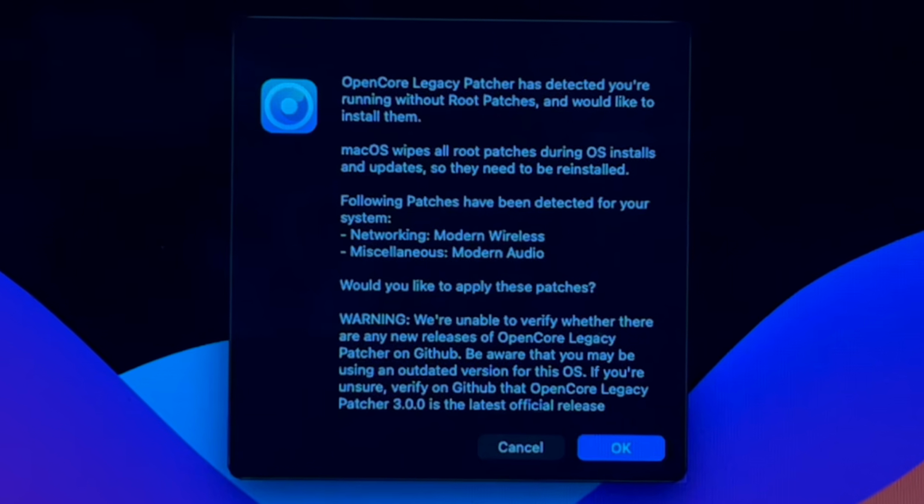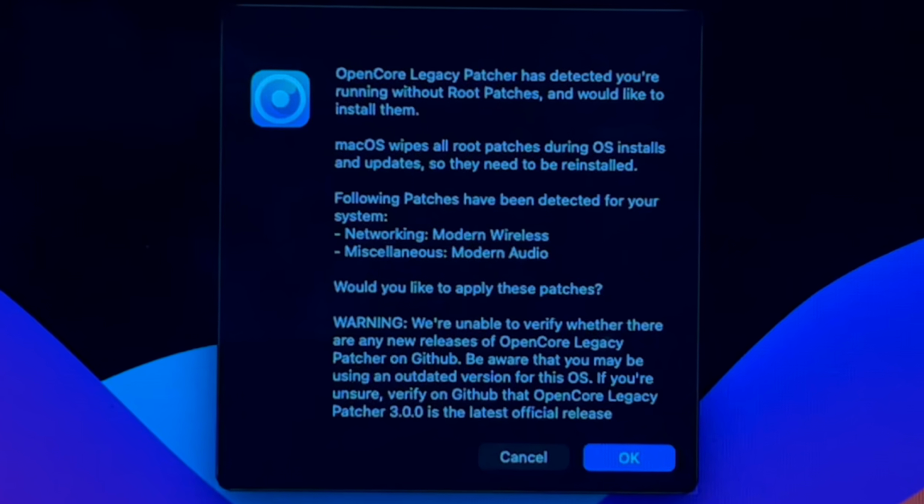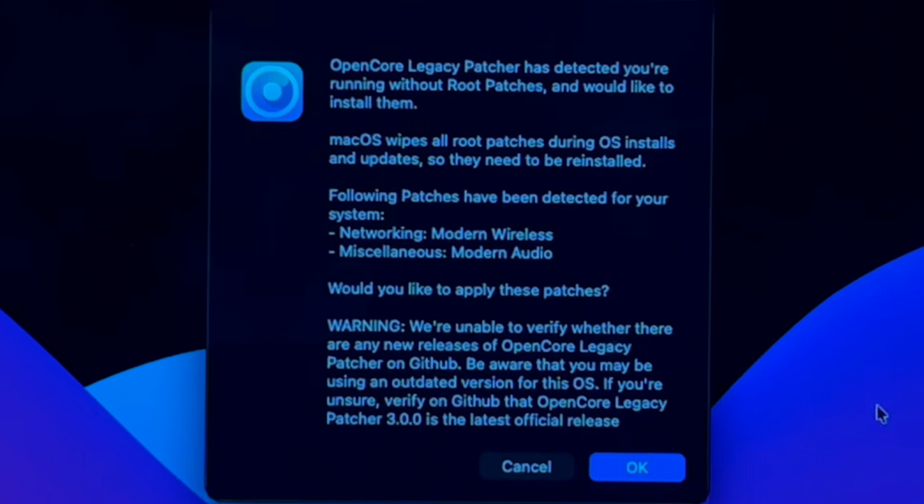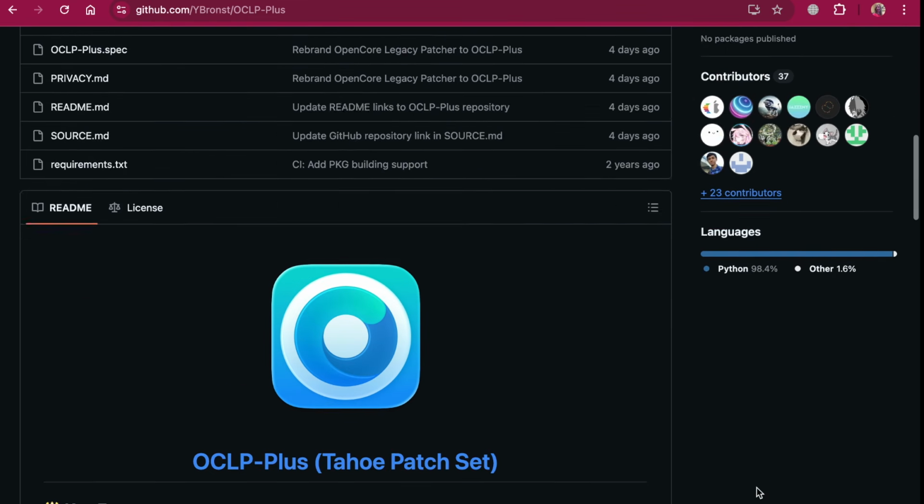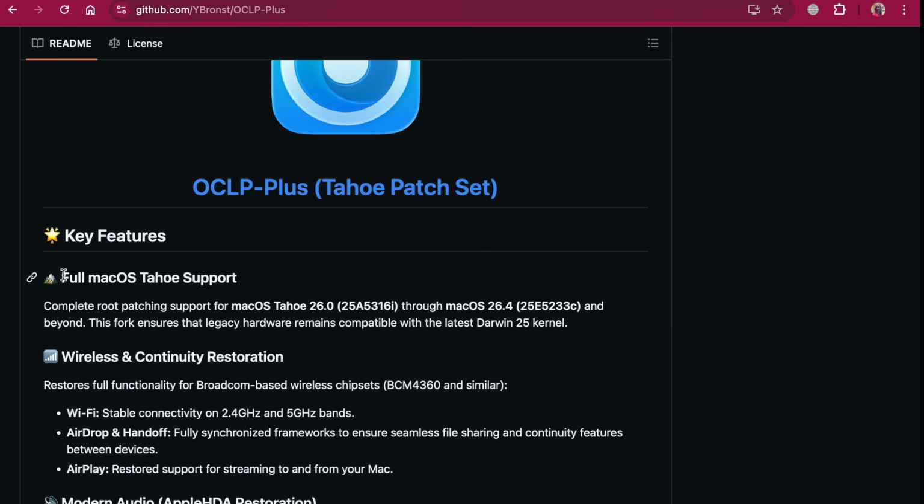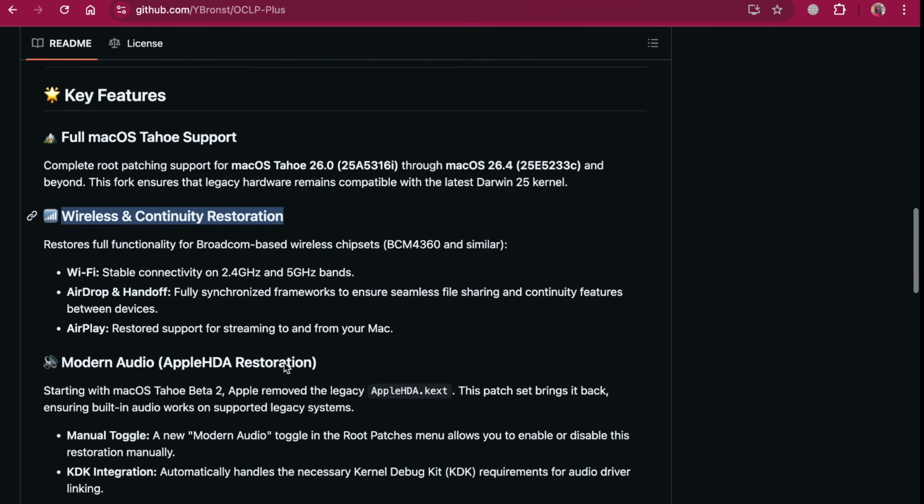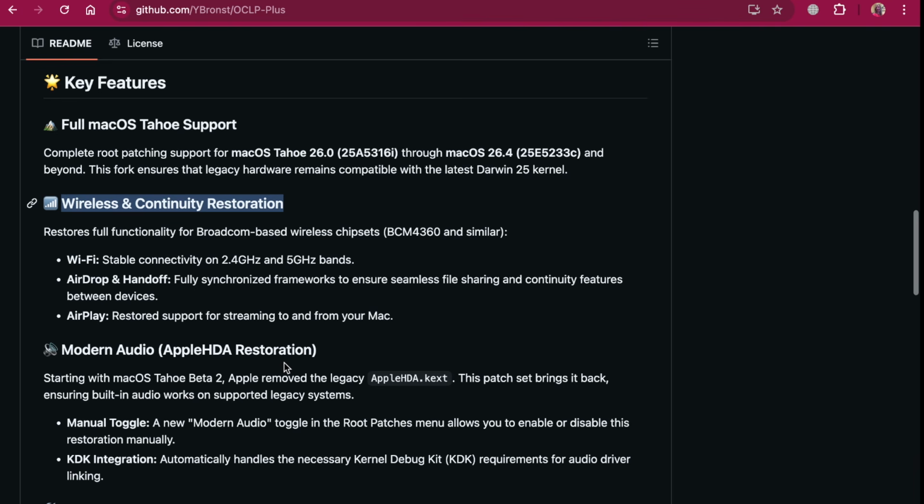Can it finally run macOS Tahoe properly, without compromises? Or, is it just another promise? Let's find out. Now the latest version of this app was released literally a minute ago. And it claims full macOS Tahoe root patching support, from version 26.0 all the way up to 26.4. In simple terms, this means it aims to fix major issues like Wi-Fi, audio, and even GPU acceleration on unsupported